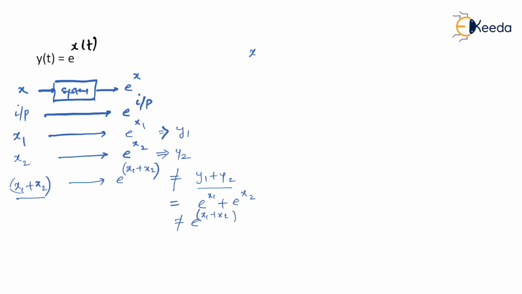So you know that when input is x, output is e to the power x. It means if you apply input as ax, let us assume this is y of t, or output y. If you apply input as ax, then output must be e to the power ax, is that right? And it should be equal to a times y of t, because you know that a times x must produce a times y. But then as you can see, it is not equal, because a times y of t will be a times e to the power x, right? So since it is not equal, it is not even satisfying homogeneity property, and therefore the given system is a non-linear system.